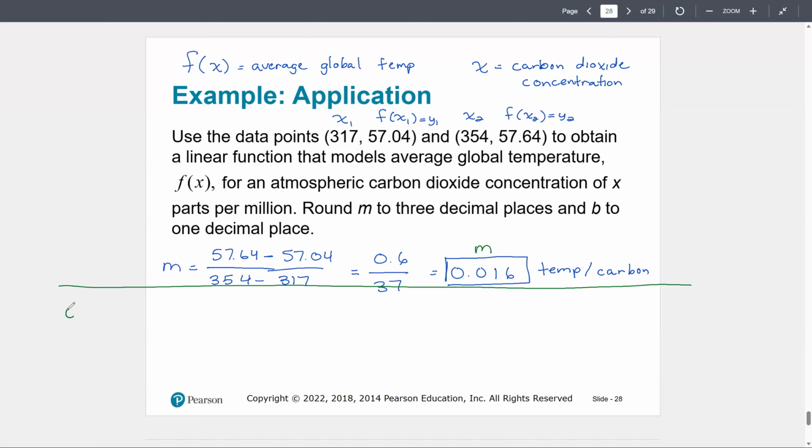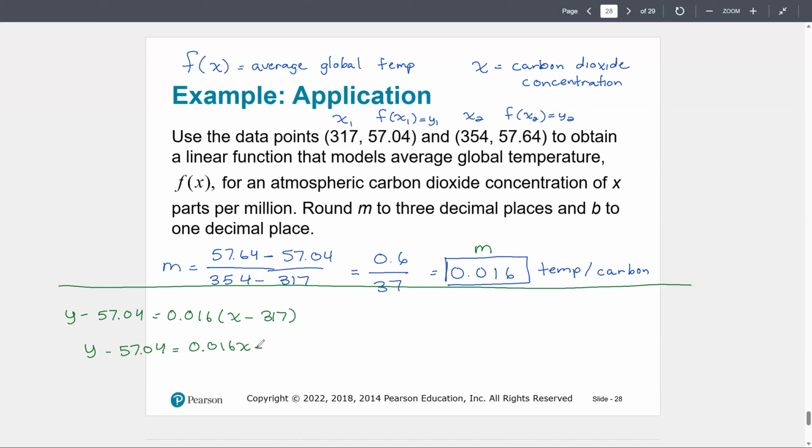So now we just take y minus y1, which is 57.04, is equal to my slope, which is 0.016, times my x minus my x1, which is 317. Let's go back a step. y minus 57.04 is equal to 0.016x minus,